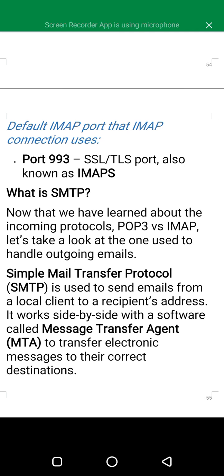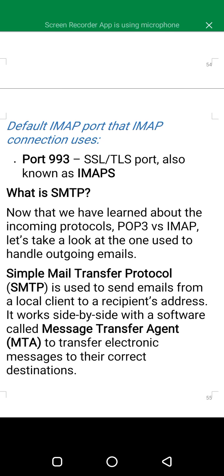It works side by side with a software called a message transfer agent, and this software enables it to transfer electronic messages to their correct destinations.